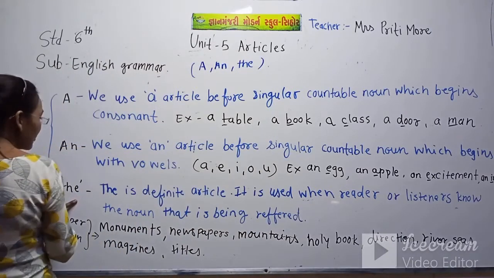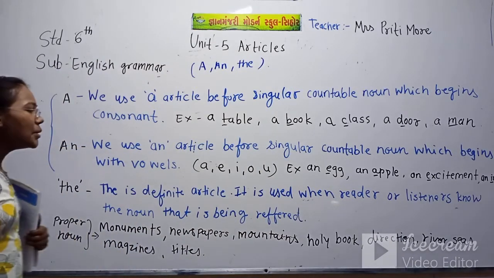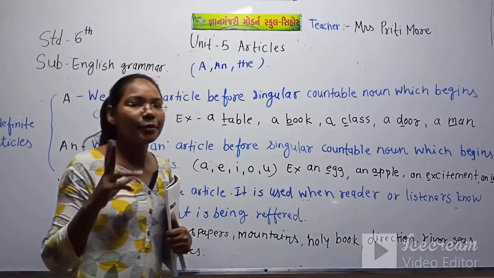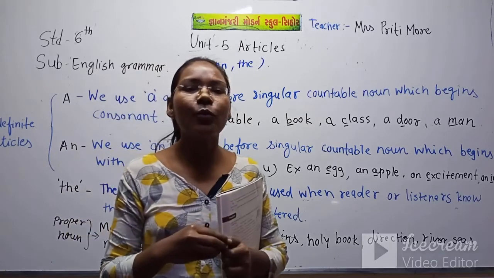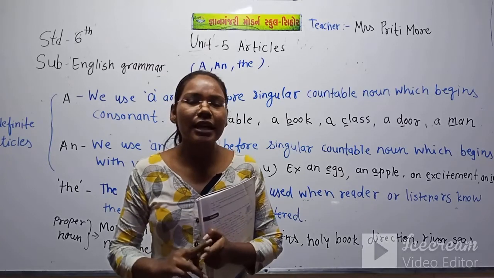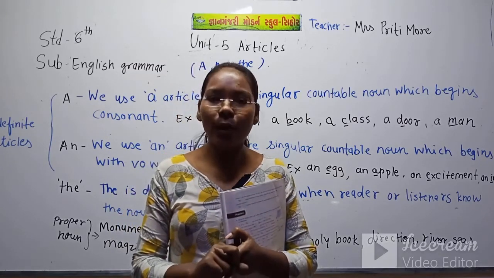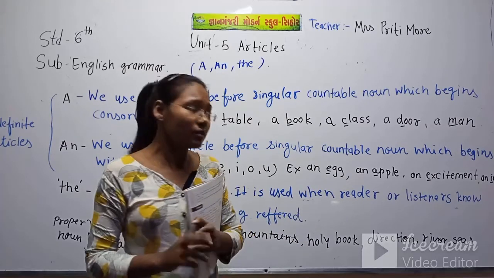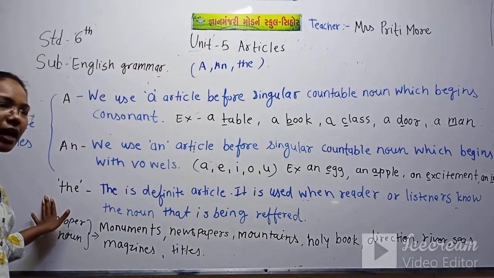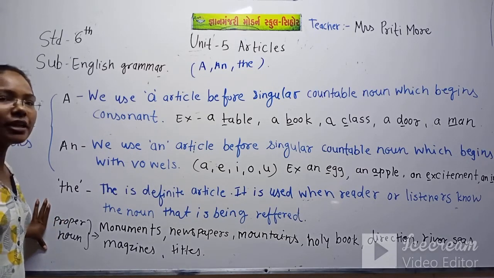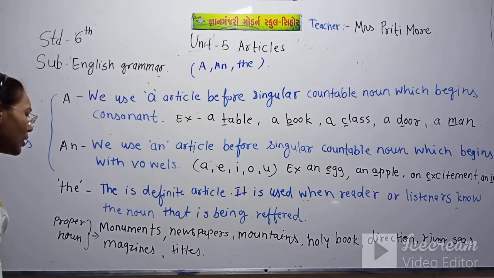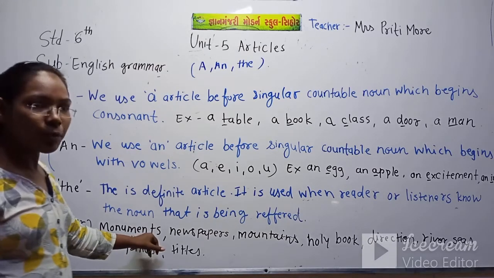Now, we use the when the reader and listener both know about the things, both are confirmed, sure and familiar about the thing. Now, where can we use the article? We can use the article before the proper noun, like before some monument's name,